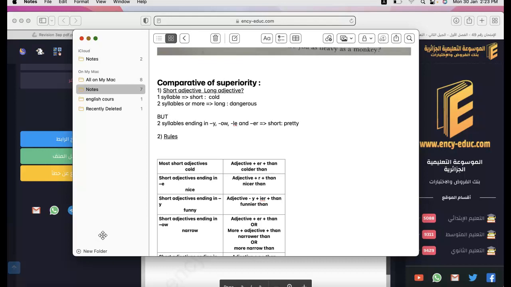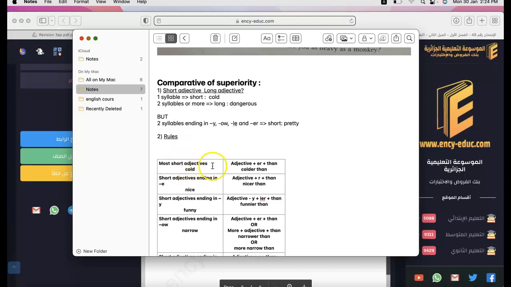If we have one syllable, then this is called a short adjective, for example, cold. If we have two syllables or more, then this is a long adjective, for example, dangerous. But if we have an adjective with two syllables ending in y, o, le, and er, then these adjectives are considered as short adjectives. For example, pretty. So the rule says